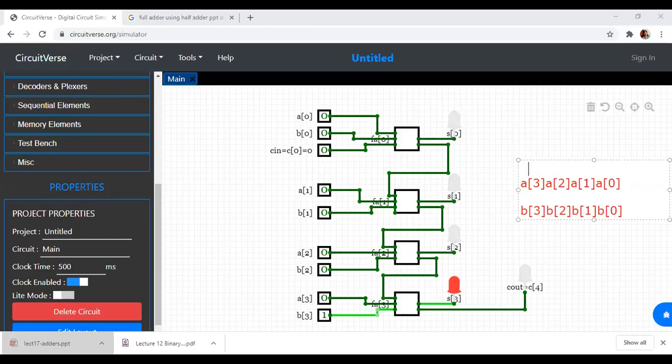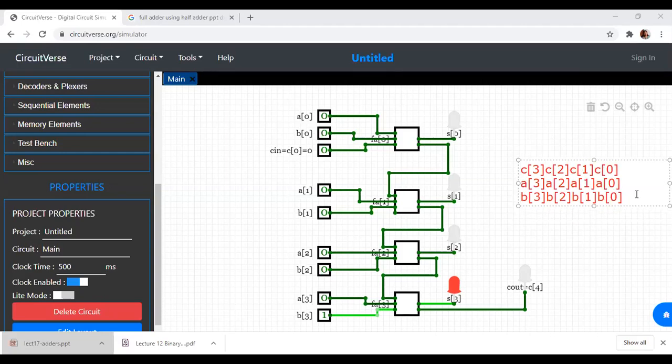So before going to the output, what is the input I give over here? The input which I give over here will be C of 3. The input which I give to the next one will be C of 2. The input which I give to the next one will be C of 1, because that is what is generated from the previous stage. And the initial input will be C in, which is nothing but C of 0. So like this it will be generated.